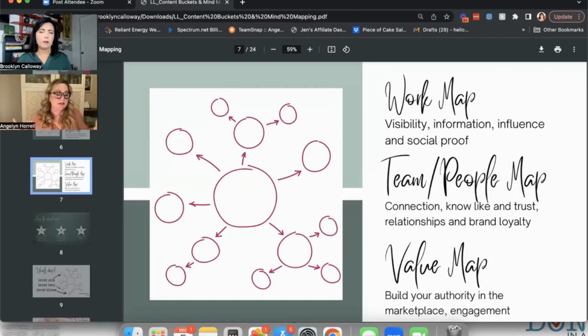Your team, your people. This definitely, I love what Brooklyn says, the most human company wins. Please show your face on your business brand. There needs to be a face of the company. There needs to be the people. You could do a meet the team post where you're introducing different people and things they like. It could be something as fun as, oh, it's football season. What's everybody's team? Which team are you? Team Baylor, team TCU. I don't know. Whatever you want to do that just kind of adds this fun thing.